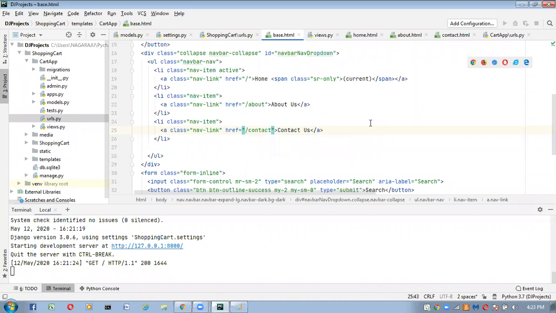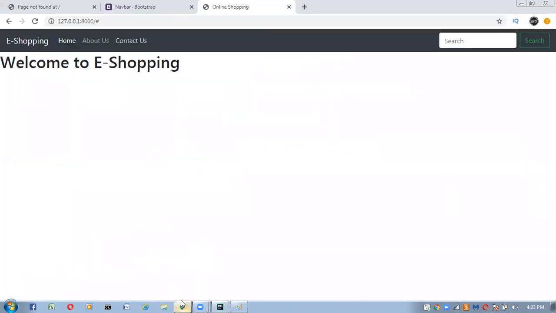Now save this one. Go back to the browser once again and refresh. Now you can check. If you click on home, what are you getting? Welcome to e-shopping. Now if you put the mouse pointer on top of contact us, at the bottom-left of the browser we can see 127.0.0.1:8000/contact.